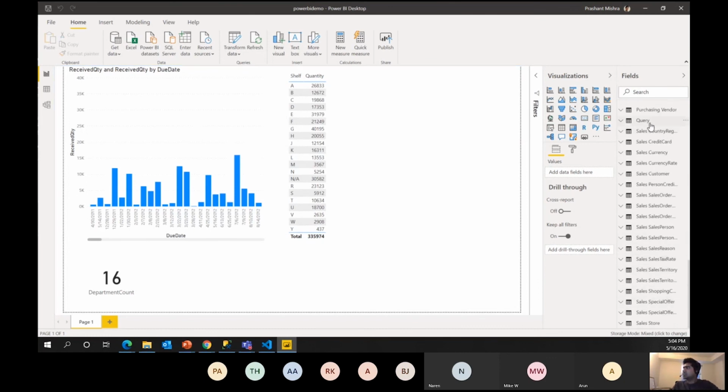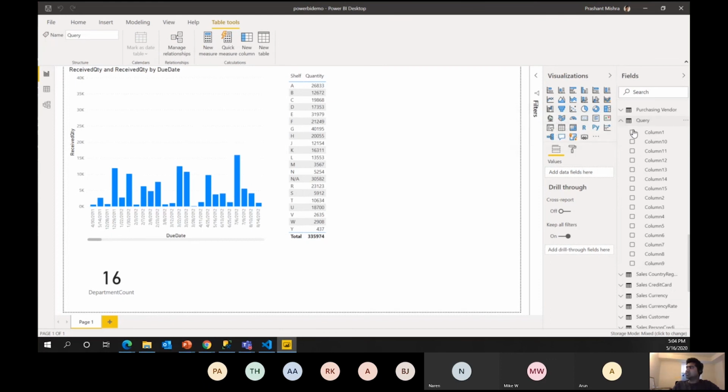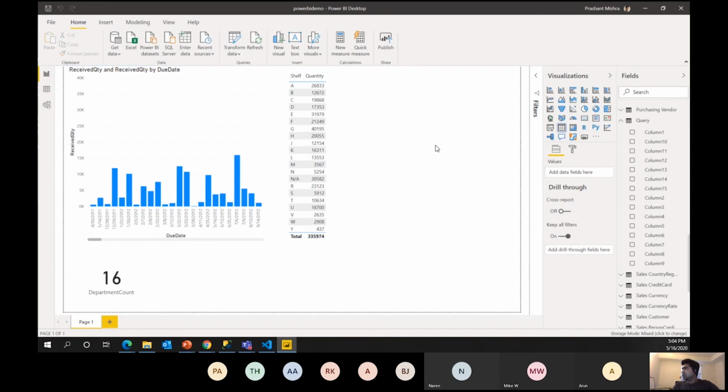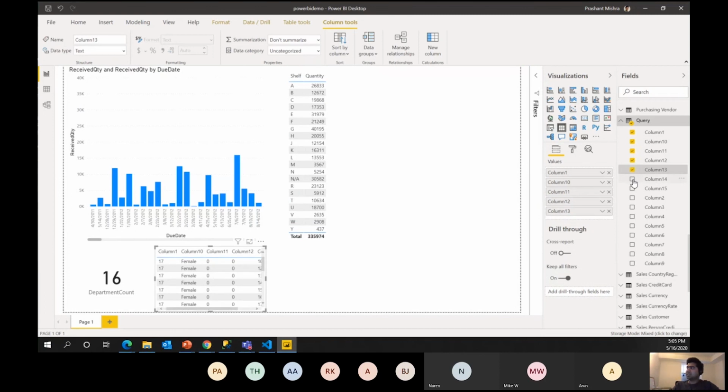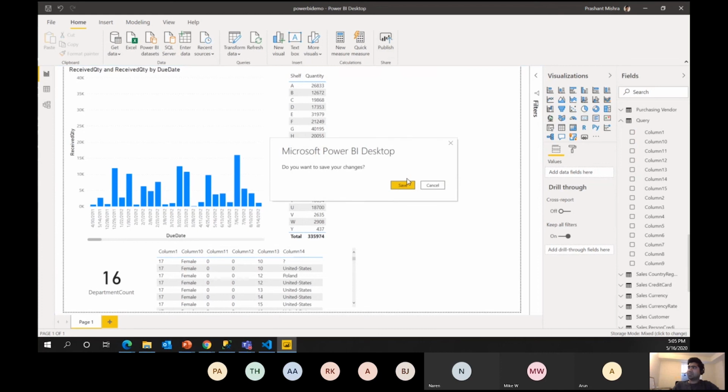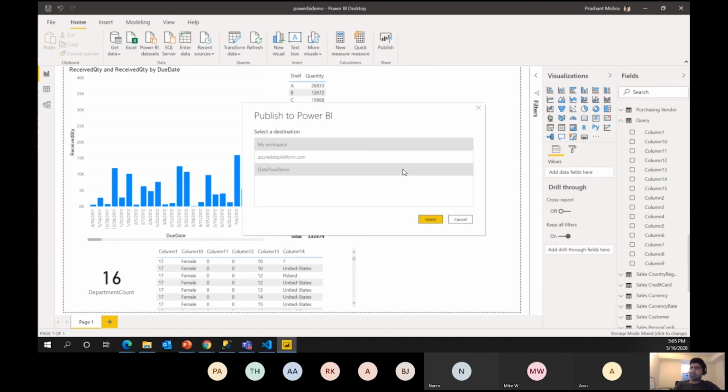So here is this query, which is added now. So this actually came from one of the data flow. Okay, so again, we can try to create a table using this data. This is not a neat data, I know, but this is just for demo that how you can bring that thing here. So we have it here now and we can publish it. So if I publish it now, then you will be able to view the dashboard using data flow that you have created now on Power BI services.